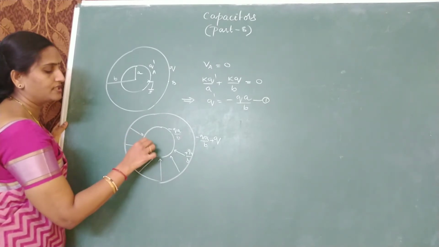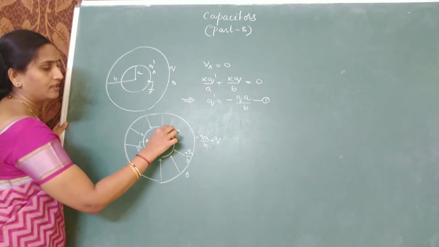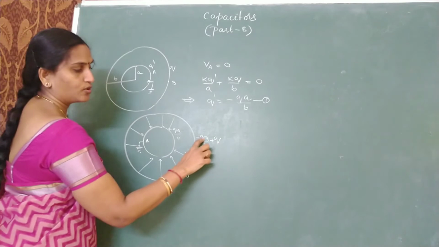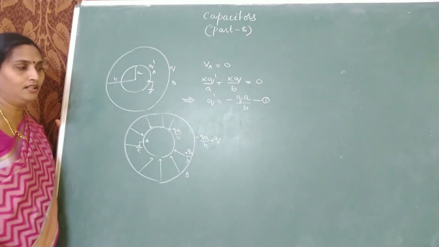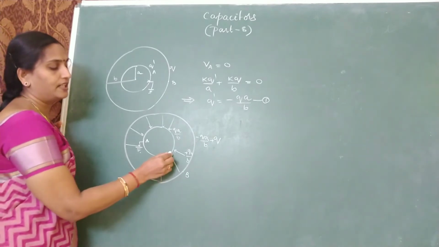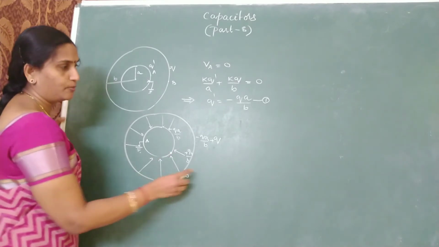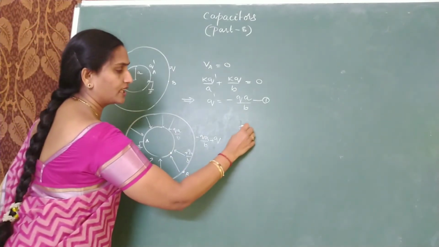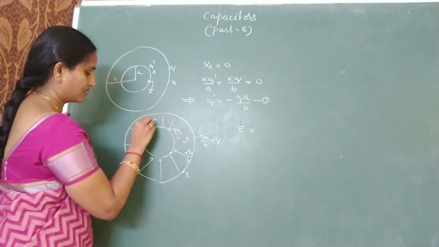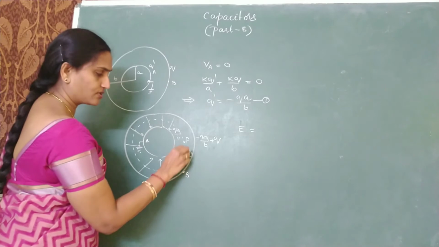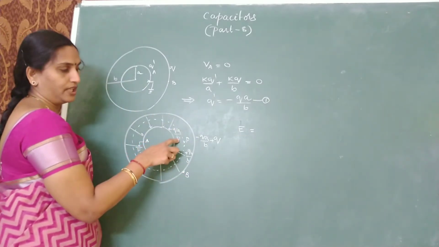Okay, I have called this point A and this point B. And because of Q minus QA by B, there is one more electric field which is present outside the spherical shell. Now again I will calculate the potential difference between the points A and B. To get the potential difference, first I need to find the electric field at any point P in between these shells. So construct a Gaussian surface. It is enclosing a charge minus of Q into A by B.